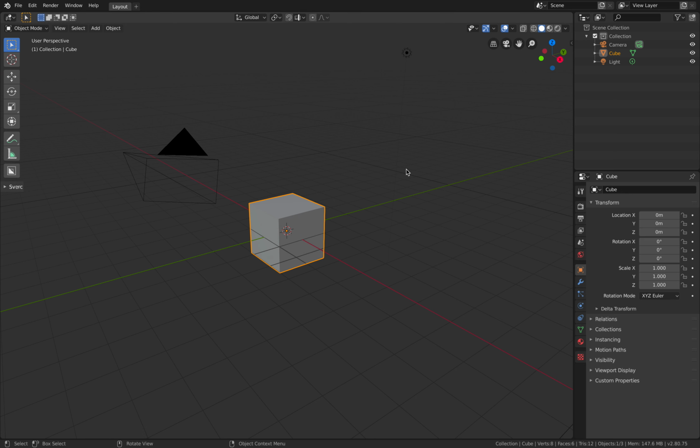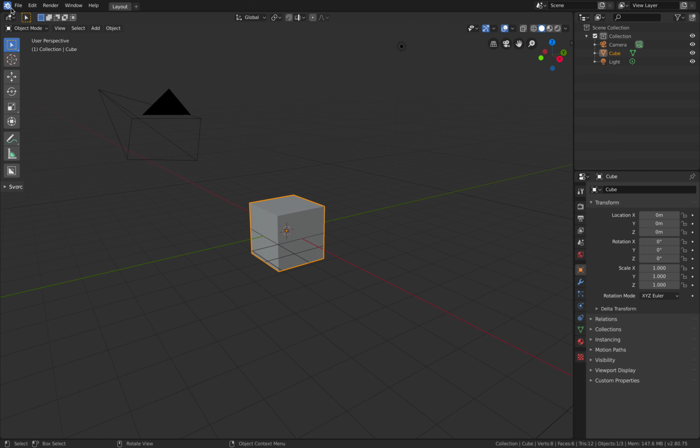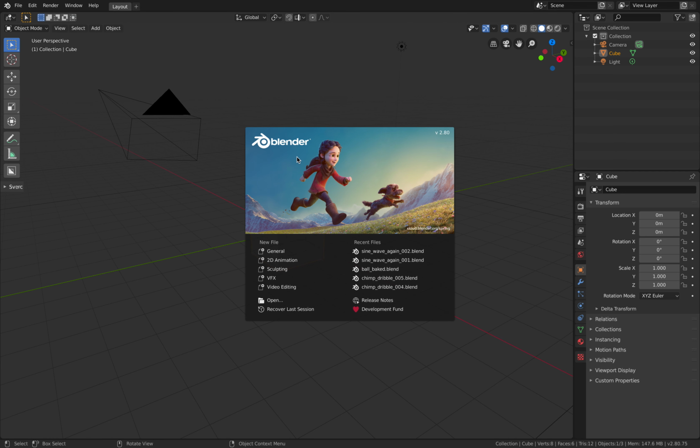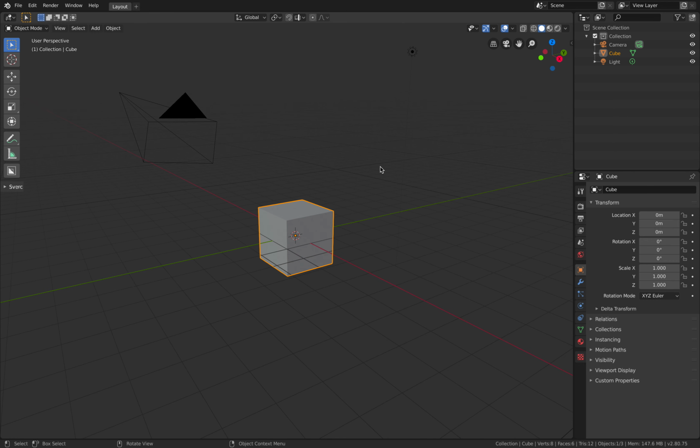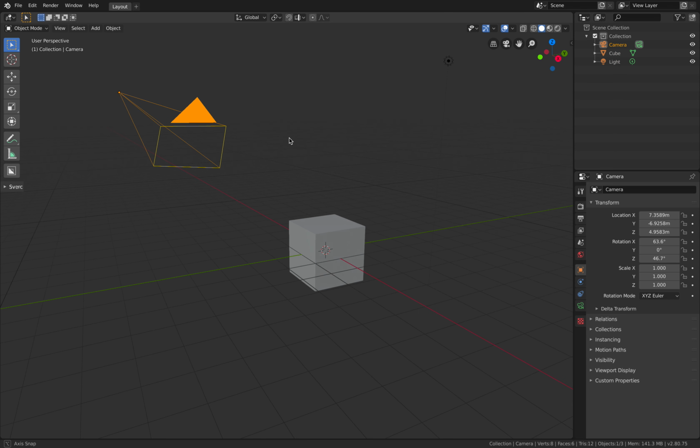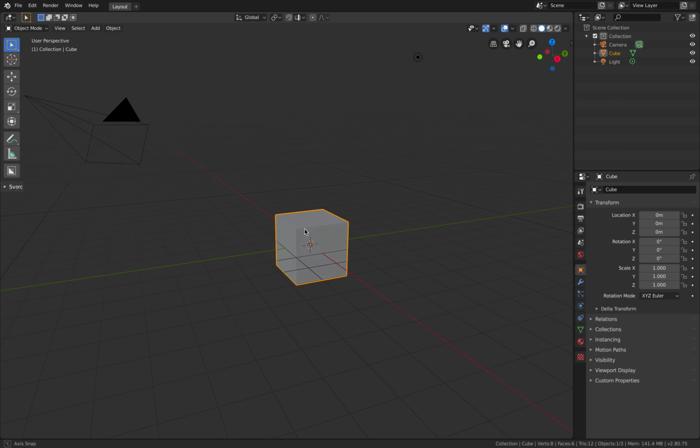Okay, this is a special tutorial, just a very short one for you if you want to set up 3D paint texturing in Blender. So this is Blender 2.80 official, and when you first start Blender, you will have all these objects: the 3D cube, the light, and the camera. And if you just want to start painting,